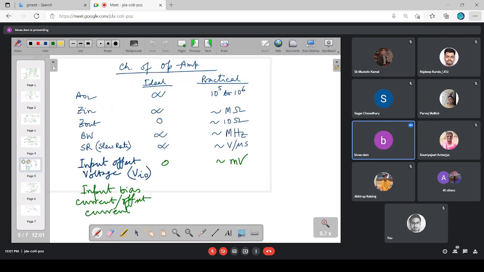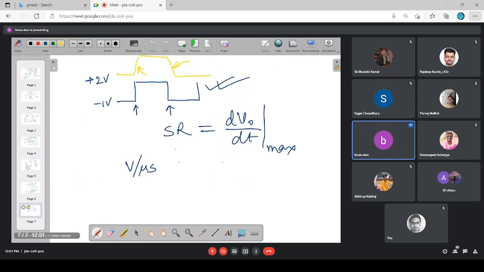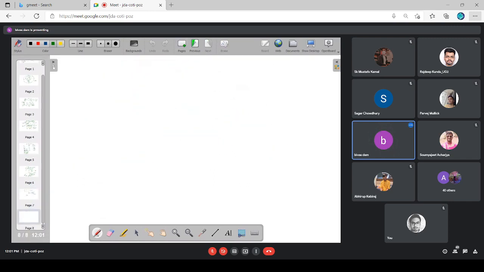Finally, another term, input bias current or input offset current. Ideally, what is the input impedance of one ideal operation amplifier? Infinite. The input bias current means, acha,